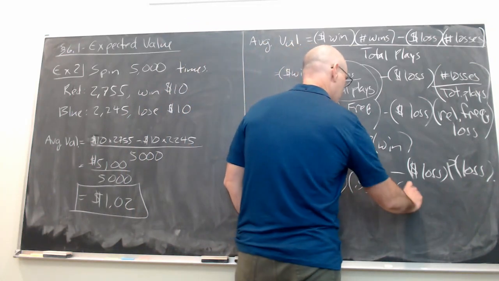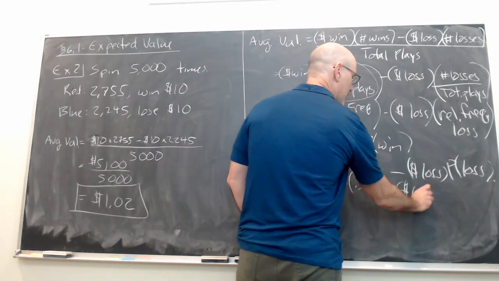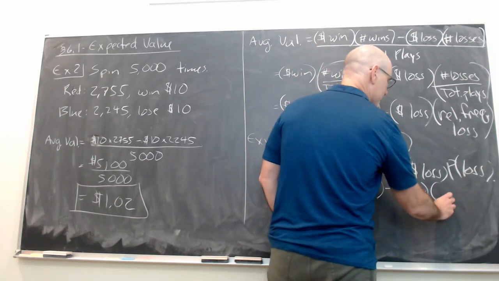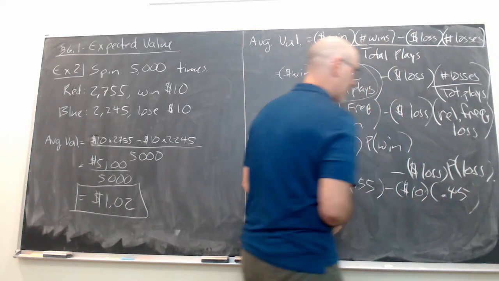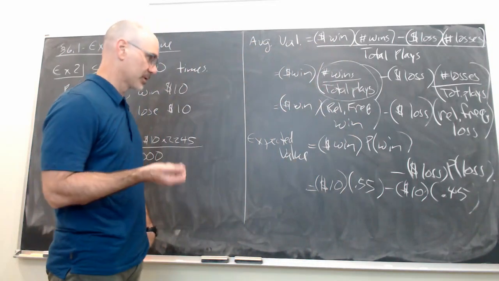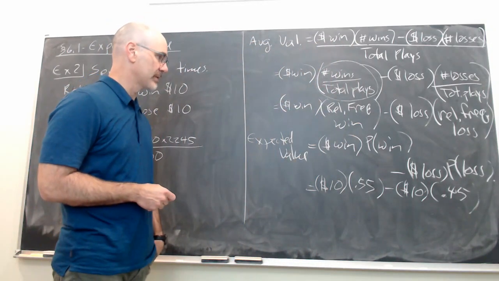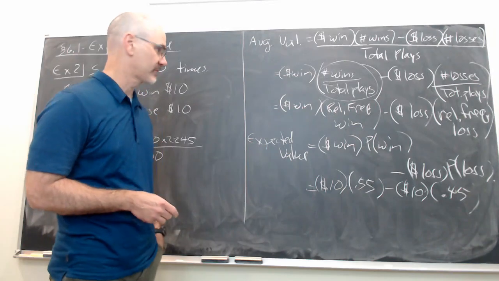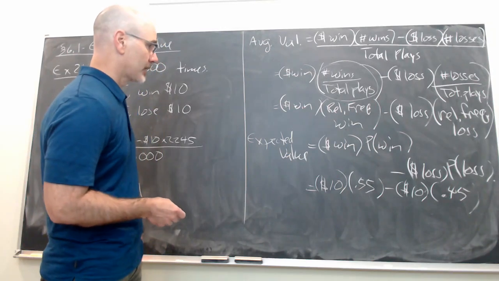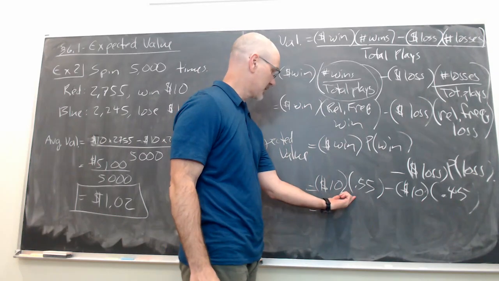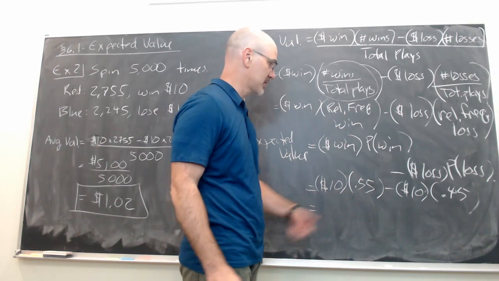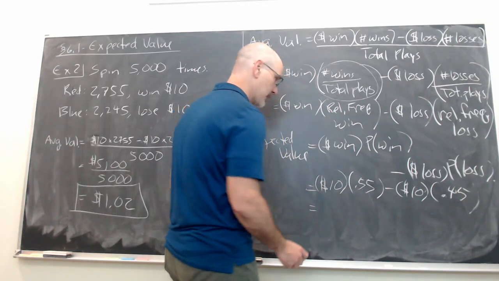And then the amount we lose times the probability that we lose, which is 0.45, because the spinner was created with blue at 45% or 0.45 probability. And then what we see is, well, $10 times 55 minus $10 times 45, that's